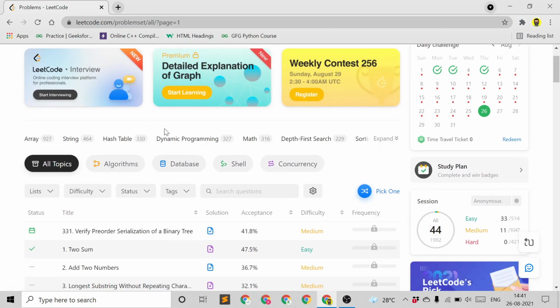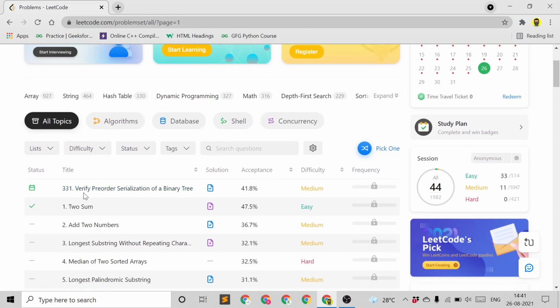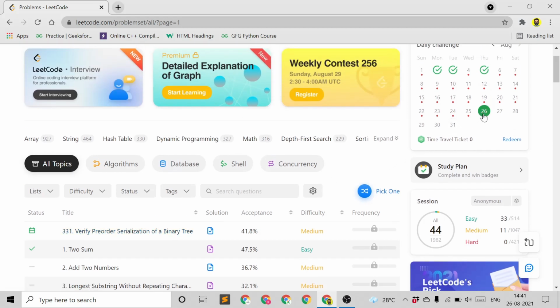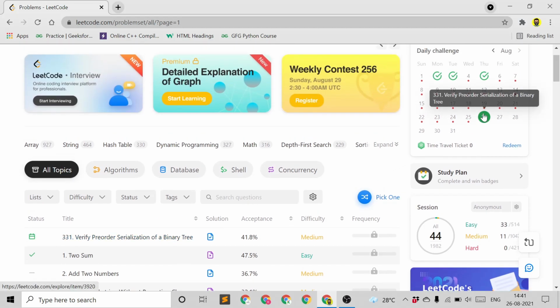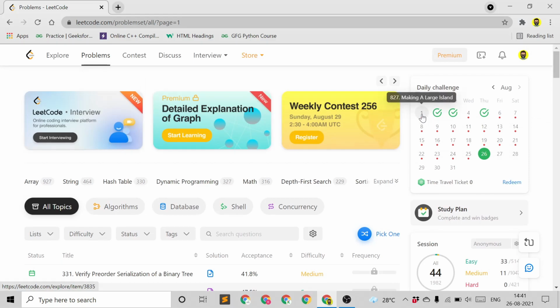You have to solve that question every day. Here you can see a question, verify pre-order serialization of a binary tree. This is the question which has been given for the date of 26th August. Likewise, on the first there was making a large island, on the second it was two sum, on the third it was subsets 2.